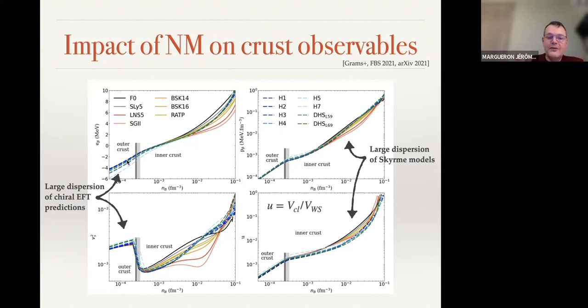So in a way, this figure summarizes one of the main results, which is that there are two important features which control the equation of state in the crust. One originates from the nuclear chart, or from the experimental determination of the binding energy that we know from accelerator physics, and the other is what we don't yet know about the neutron matter equation of state, which becomes pretty large as we go deeper and deeper in the crust.